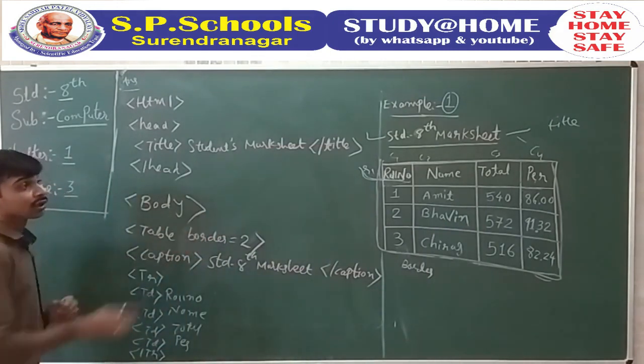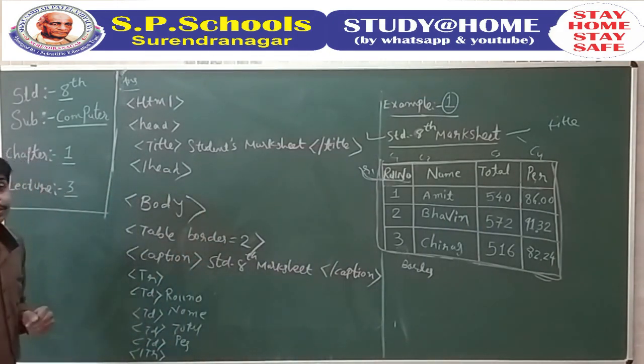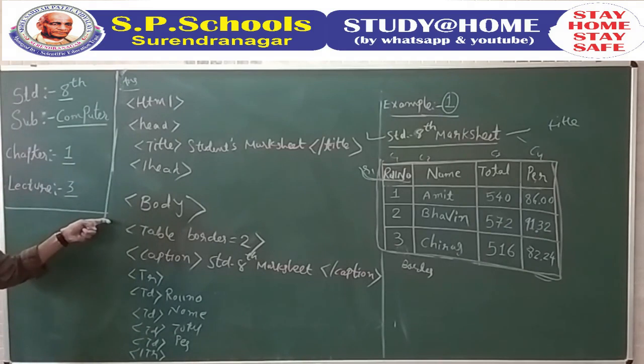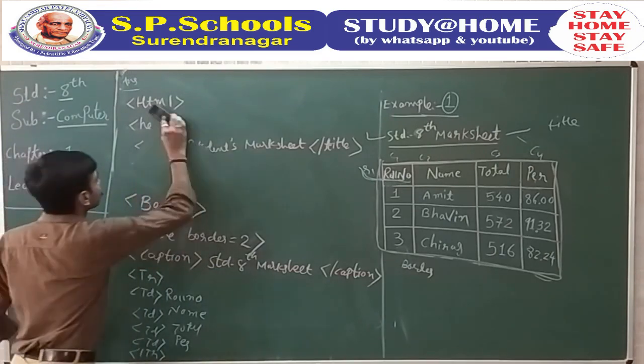In the same way, we will write for the second and third and so on. So first of all, you can take a screenshot of it. After you complete it or take a screenshot of it, then we will write for the next remaining rows and columns. Okay, so now move towards